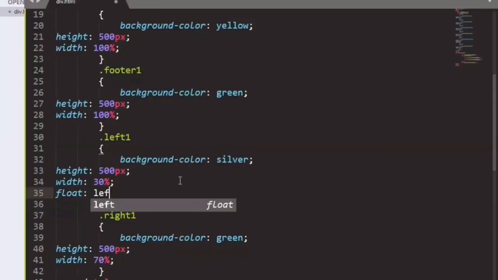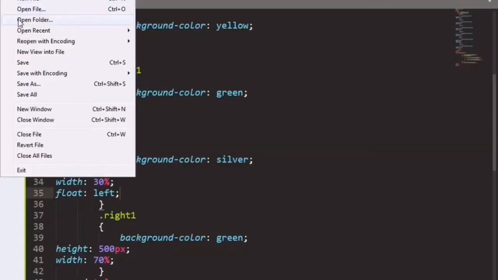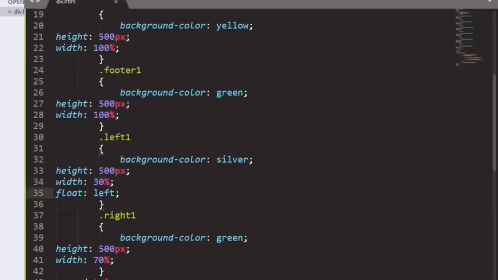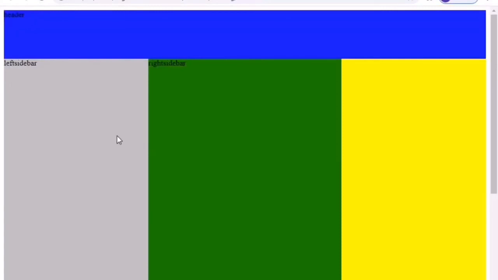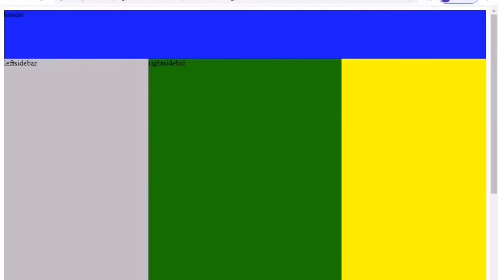So to recover the overlap, I will write here float left, so that it would release some space for the next div. So you can see the silver div is the sidebar, and the right bar has been here, and after then the background that is yellow, that is another div which we have created previously.